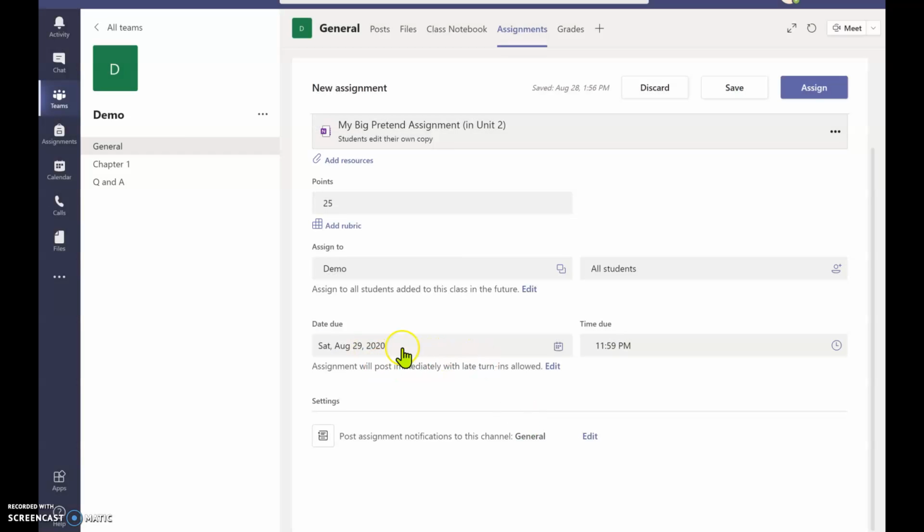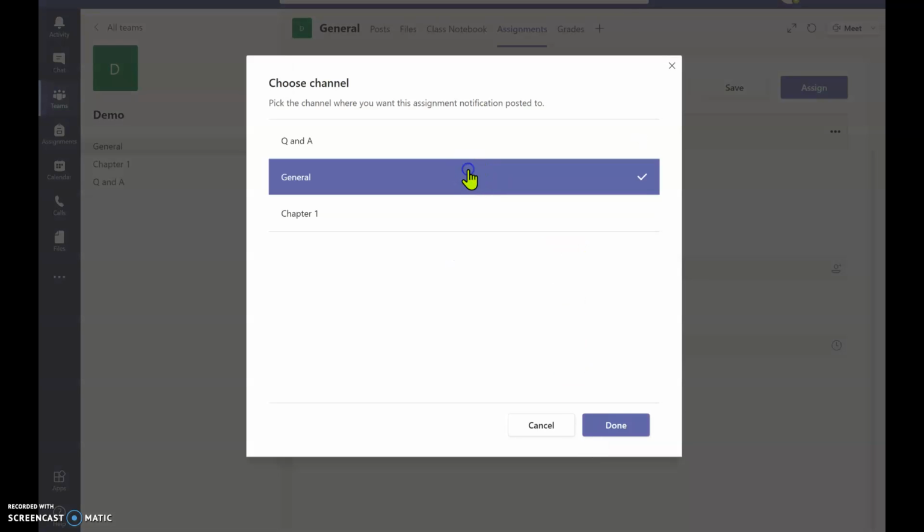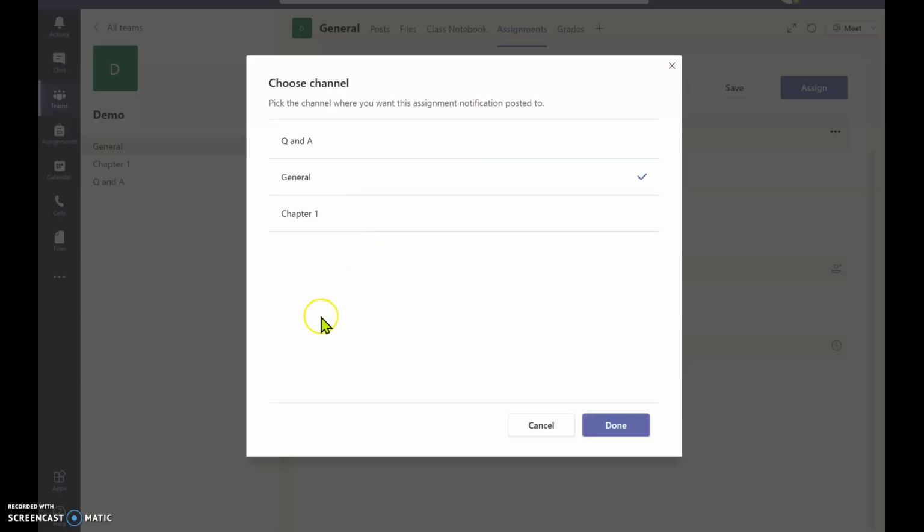In this case, I just left it with this due date that it put automatically. You can also post this to channels. If you'd like to go to your general channel, you can. I like to think about having, or my plan is to have, different unit channels. Some people want to have their different channels based on small groups. They have different ideas about what that looks like. It doesn't matter. I'm just saying you can choose where you want it to go, which channel you want it